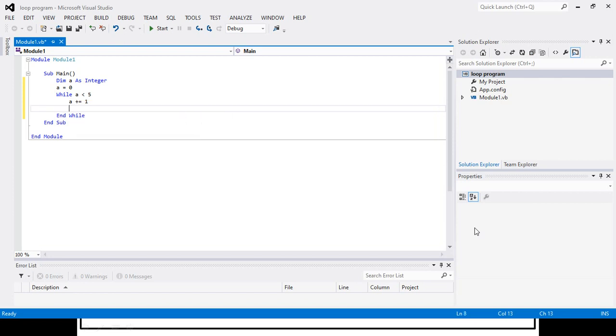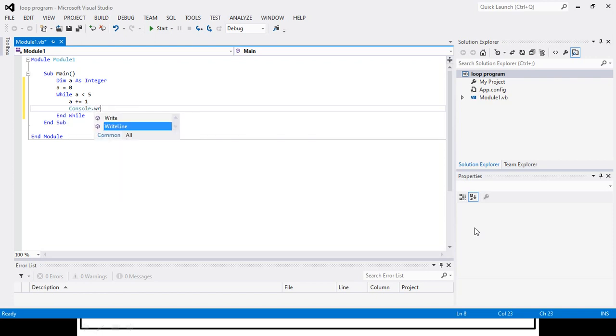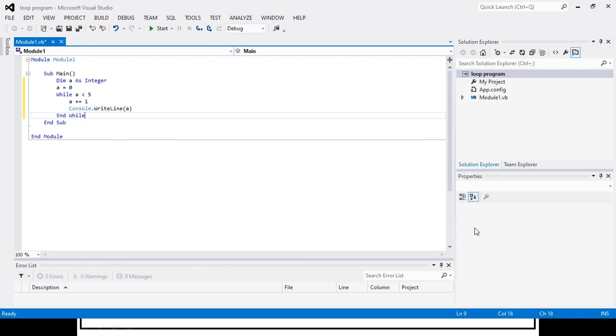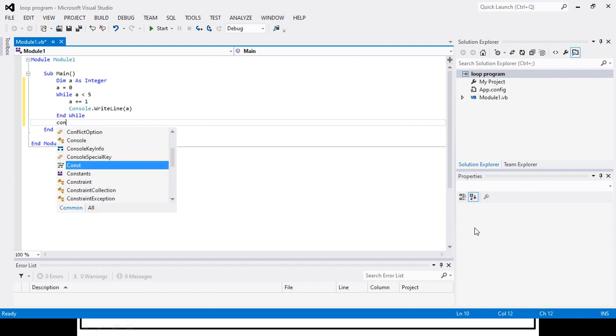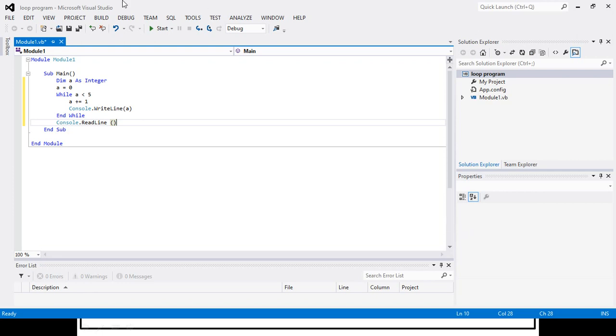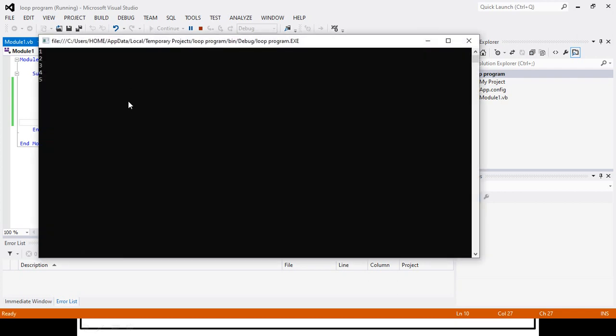So here I will increase the counter first because I initialized the value of a as 0, so it will get incremented if the condition is true, and after that Console.WriteLine to print the value of a. After completion, Console.ReadLine. Now we will save this and execute it. So perfect, it is displaying the numbers from 1 to 5.